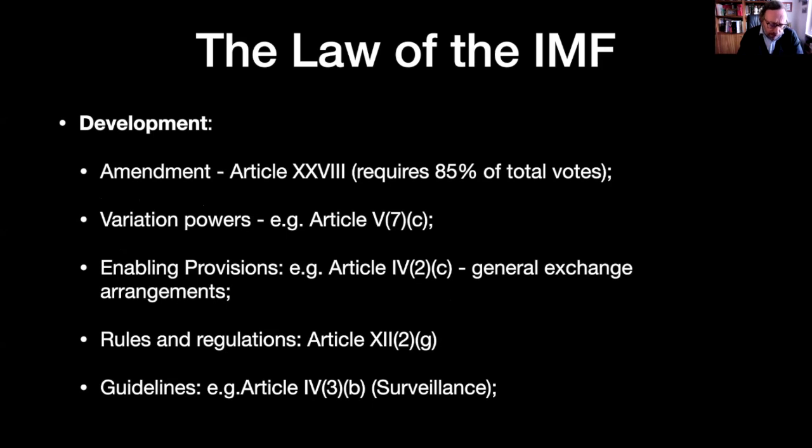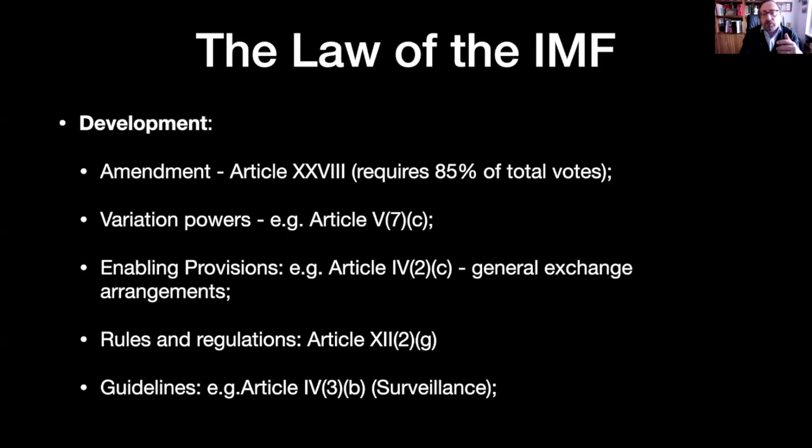Okay, so once you fix the treaty, there's the question, is there enough flexibility to adjust the treaty to new developments? Now, as you can see, although we've had 6 amendments so far, amendment is not easy to achieve. It requires 85% of total votes. As we're going to see, this is not that complicated because votes are really apportioned on the basis of the overall economic importance of each member. There's a reason for that, as we're going to see in the quota system.